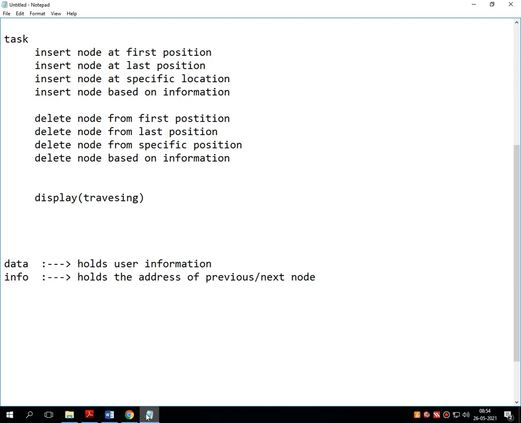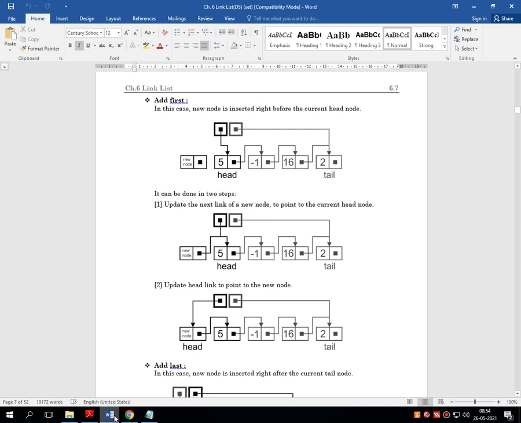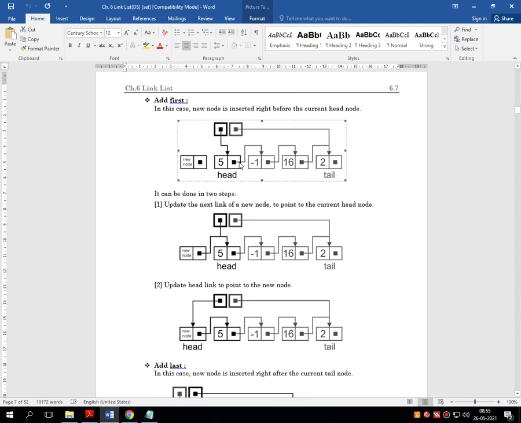Now, based on this, we have to implement a program which demonstrates the functionality of all its tasks. But before that, let's first go through the pictorial representation which shows how we can insert nodes at various positions. Over here, this picture represents an insertion of a new node at the first position.